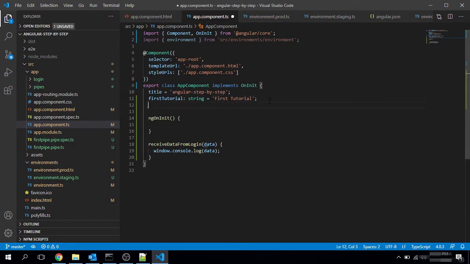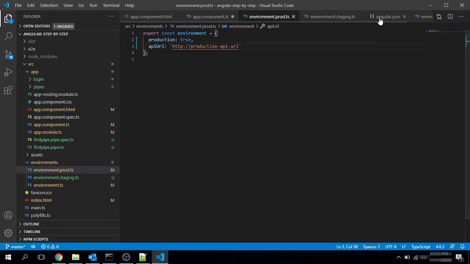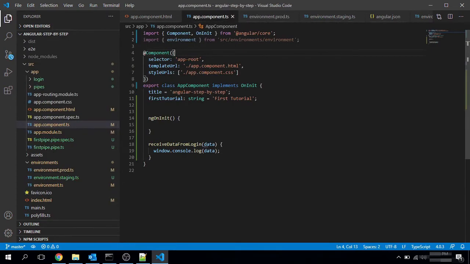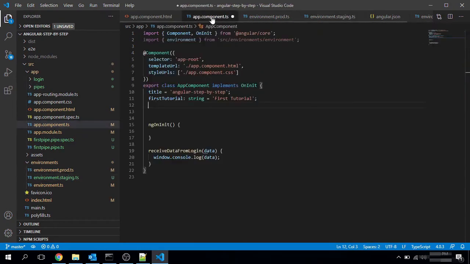Now we are getting our environment.ts configuration. We already import the environment.ts file, because we will create multiple environments like production environment and staging environment. When we execute the build command for creating compiled code of our Angular application, all these files' code will be moved to the environment.ts file. So finally we will import this file to see that our build is successfully completed as per our configuration.